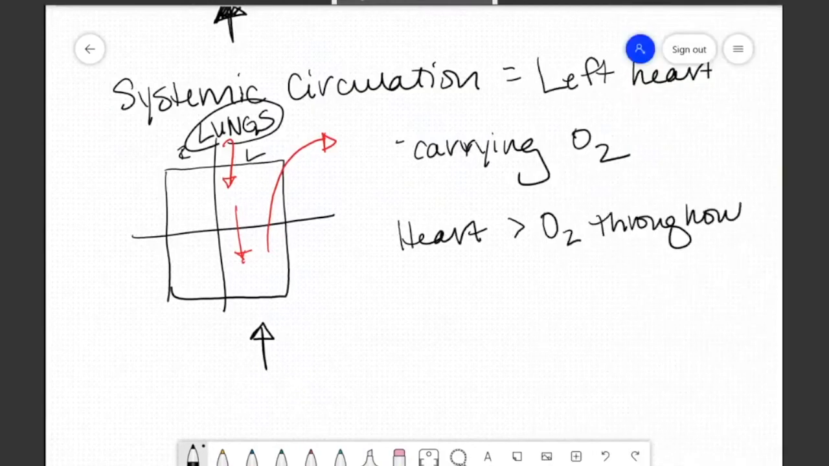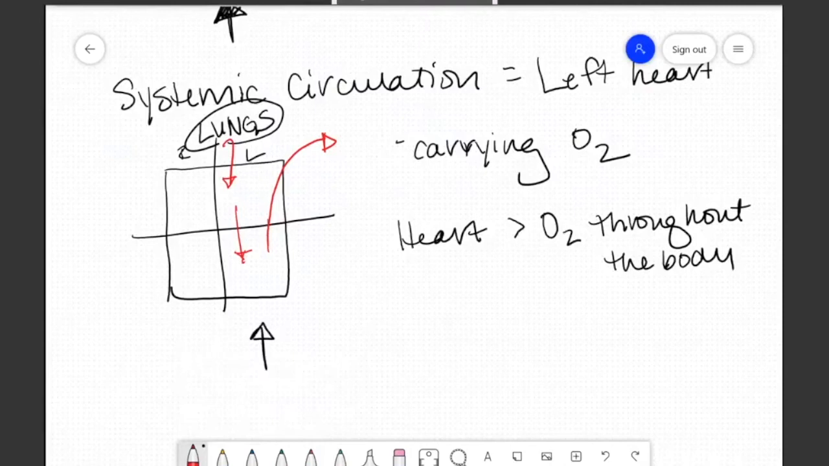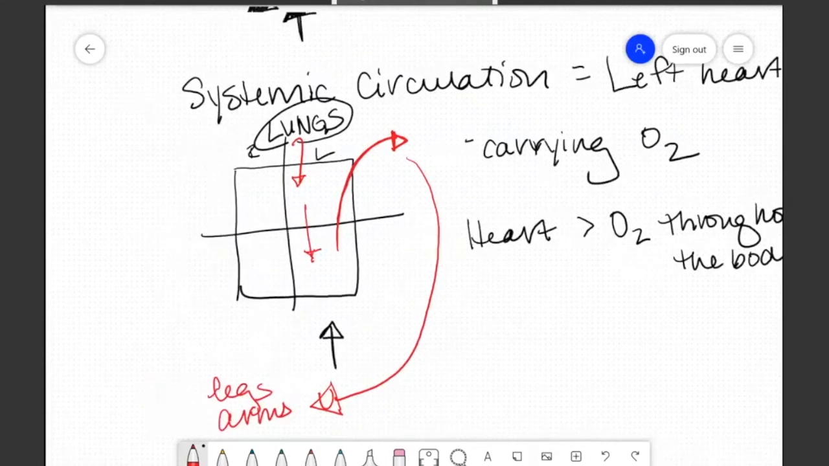And as it's carrying O2 throughout the body, what we mean by this is that we have this blood coming out right here. And what does it actually do? It will then go all the way through the body. So it's going to go to the legs, and it's going to go to the arms. So with our systemic circulation,